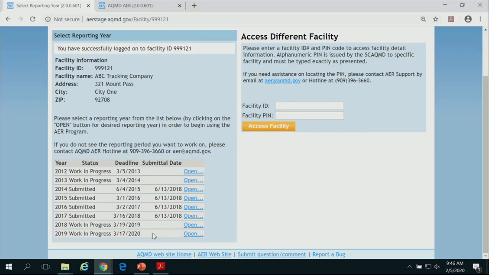How long does this system go back for previous submittals? Yes, this reporting tool. And the second question is, if you don't qualify for the thresholds to do this reporting, how long does that last? Or do you still have to report that you're not a reportable entity? I guess the first question, how many years are going to be here? First of all, the years that you see here are the years that you were asked to report, or we determined that you're required to report.